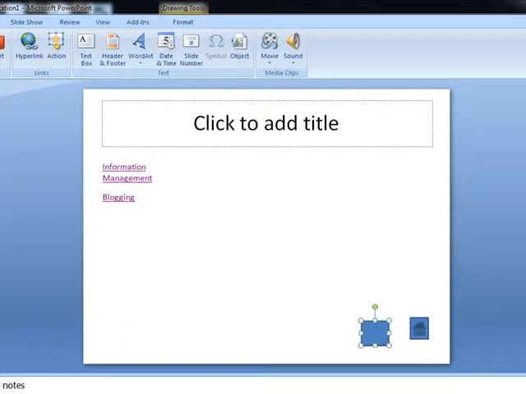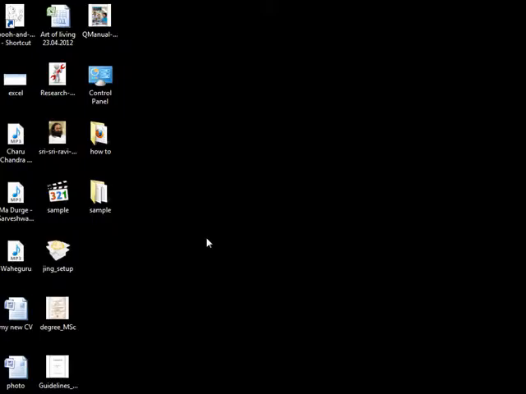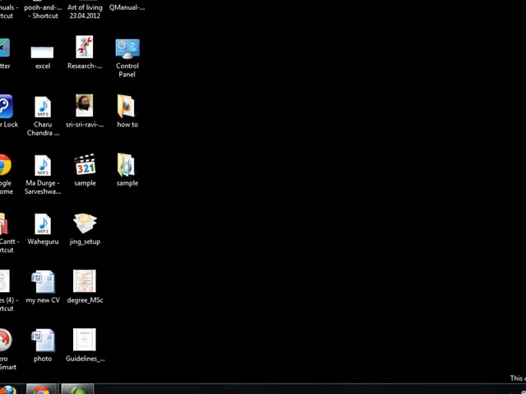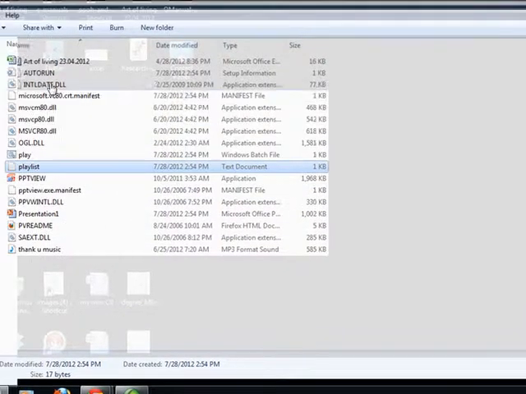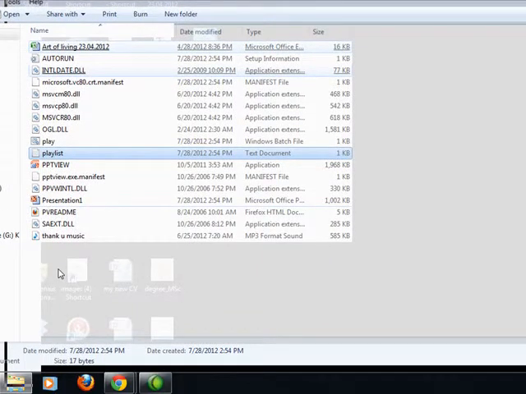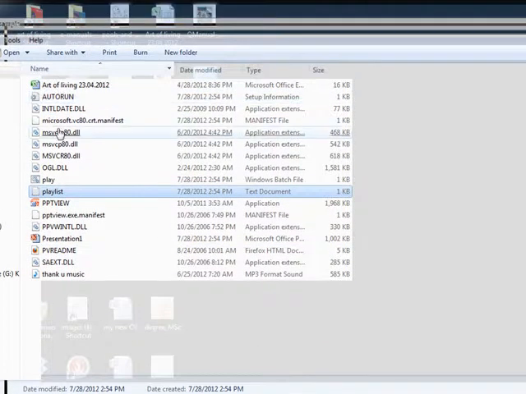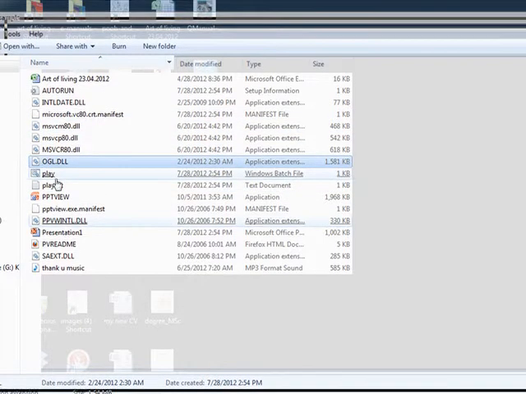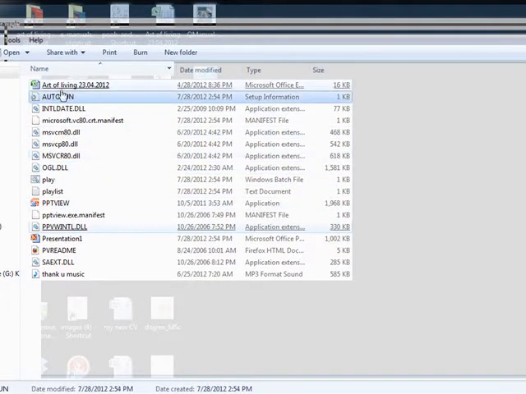Now you can close. We want to see whether it is done or not. This is your folder sample. So Microsoft PowerPoint has made the e-manual. These are the system files developed by PowerPoint. You don't have to touch any of these files.